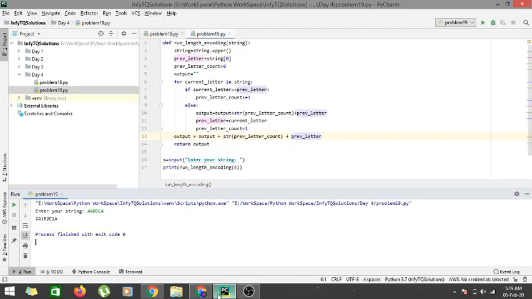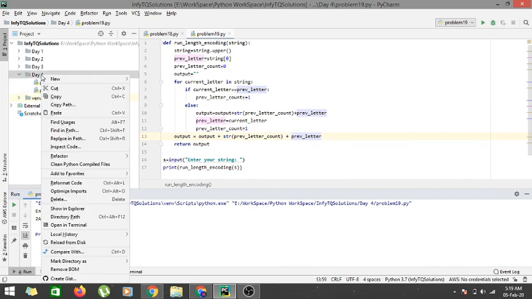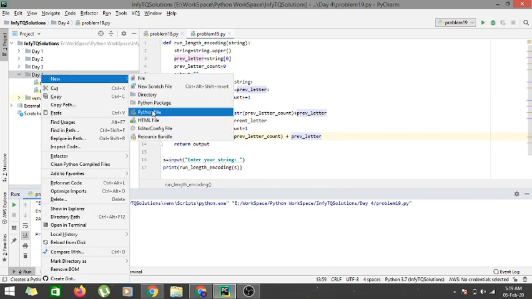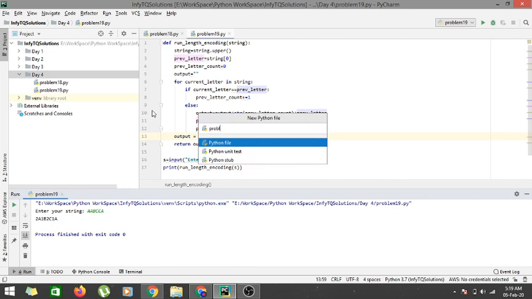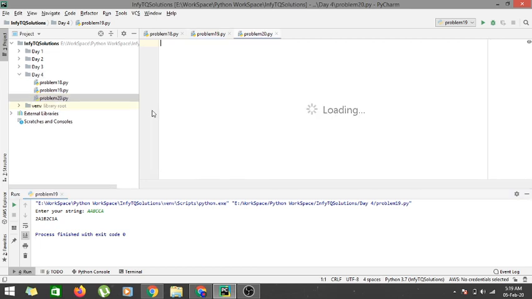So let's go into our PyCharm and let's start coding this. So create a new Python file as problem 20, and let's write a function as def is_palindrome, and let's pass in the parameter word. So we have to check whether the given word is a palindrome or not. So